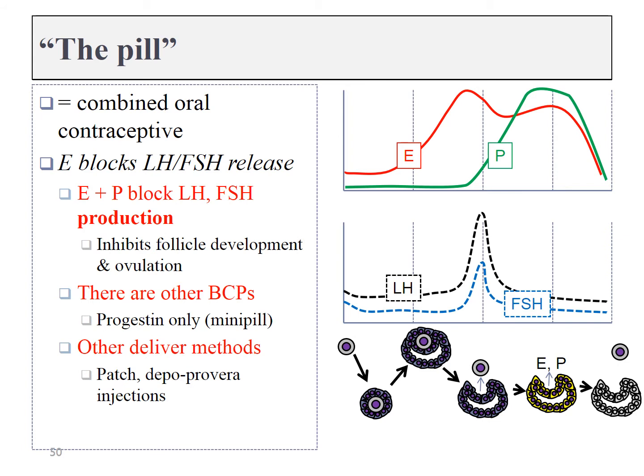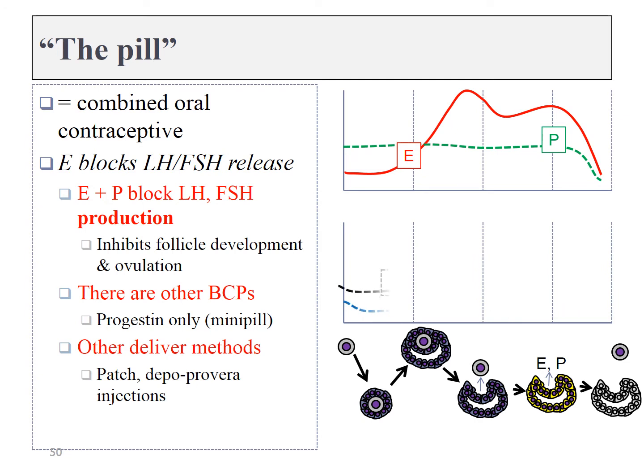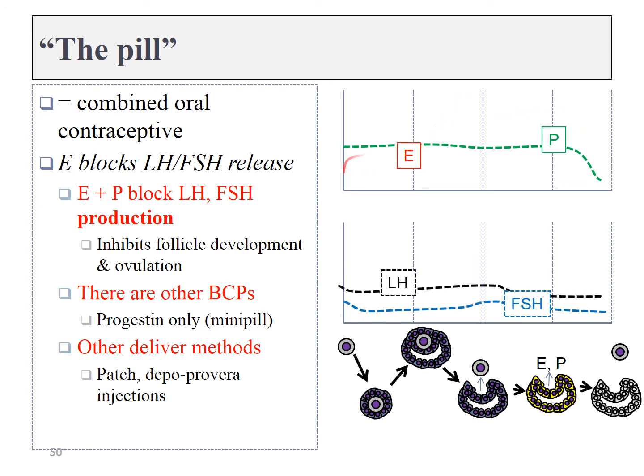And the way we do that is by giving a woman a constant supply of progesterone in the form of a birth control pill or other device. With a constant amount of progesterone, there will be constant levels of progesterone and estrogen, because that progesterone is going to inhibit GnRH secretion. Therefore, if a woman is getting constant estrogen and progesterone from her birth control pill, that is going to